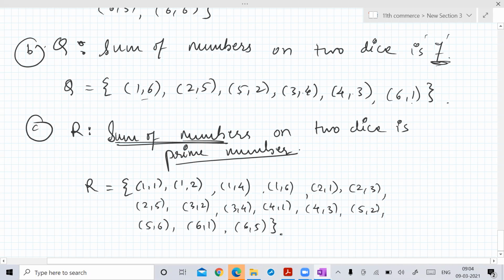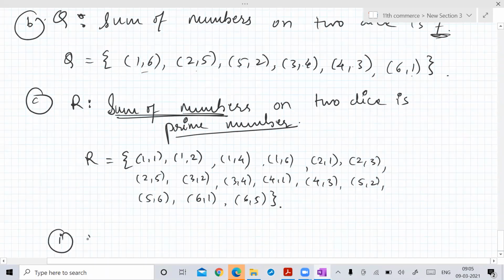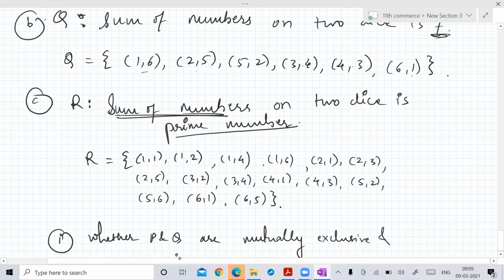PQR तीनों भी अपन ने फाइंड आउट कर लिए है ना। अब उन्होंने बोला है चेक वेदर, नेक्स्ट क्वेश्चन में उन्होंने क्या बोला है, चेक वेदर P and Q are mutually exclusive and exhaustive। अब हमें चेक करना है, we need to check whether P and Q are mutually exclusive and exhaustive।